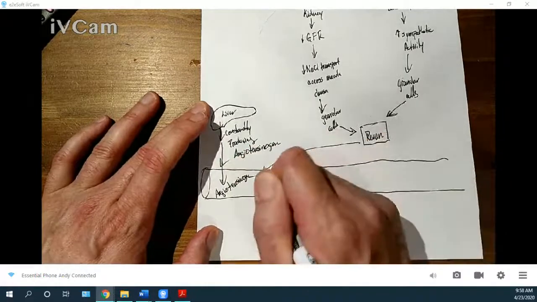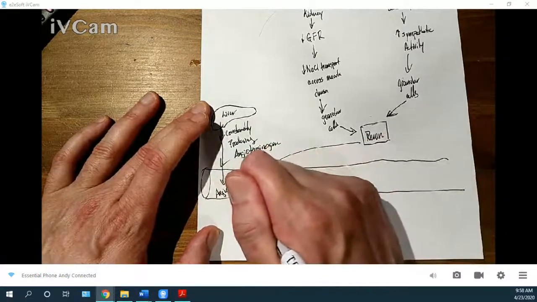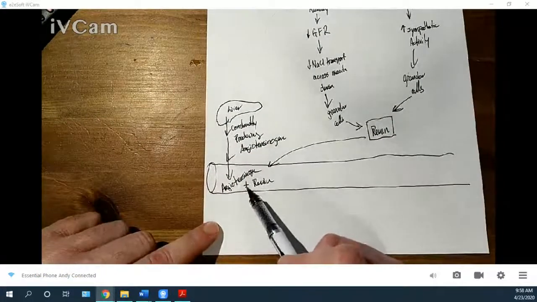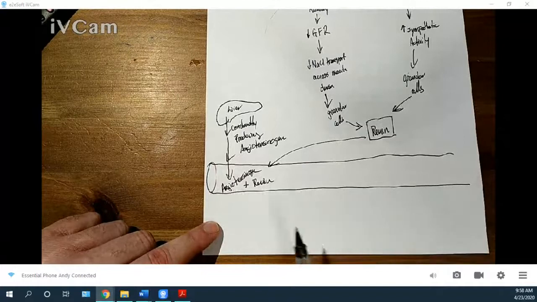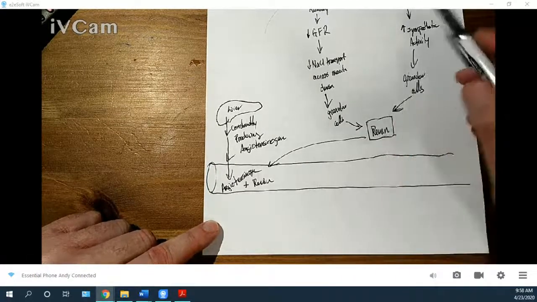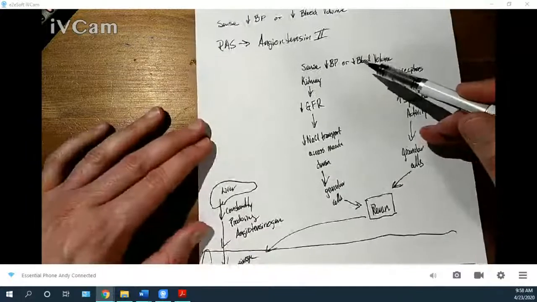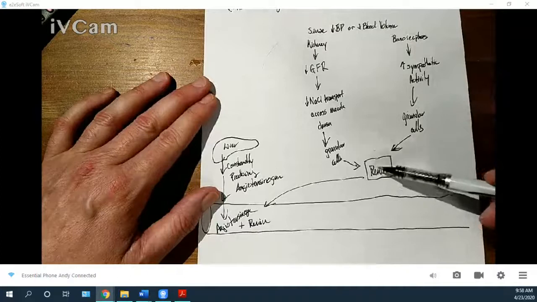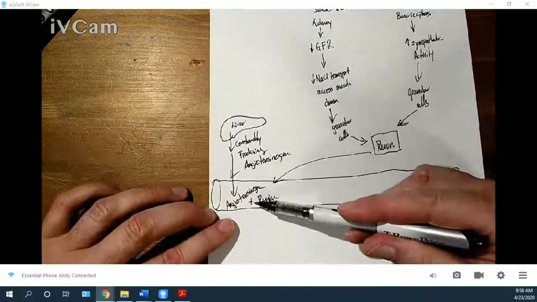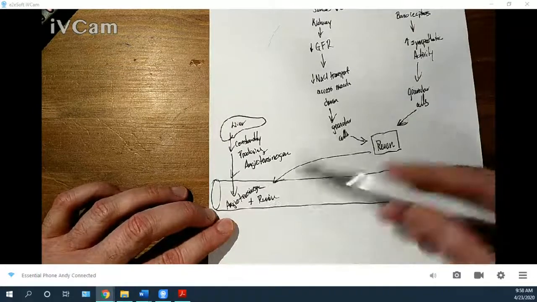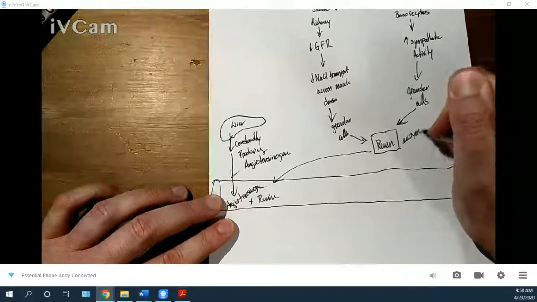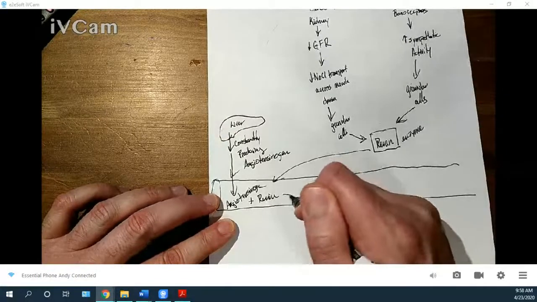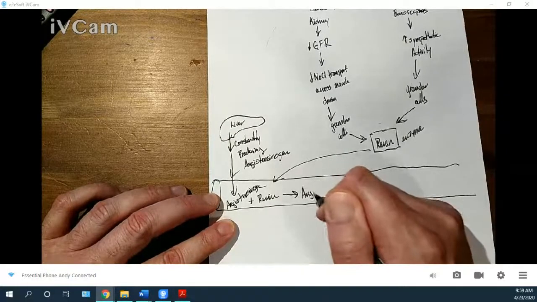And then renin over here. So since angiotensinogen is always floating around at a certain concentration, the liver is always making it. And in the chance that our BP has decreased or our blood volume has decreased, we go through this chain of events to produce renin. Renin then reacts with angiotensinogen because renin is an enzyme. Angiotensinogen binds up with renin, and they undergo a change to angiotensin